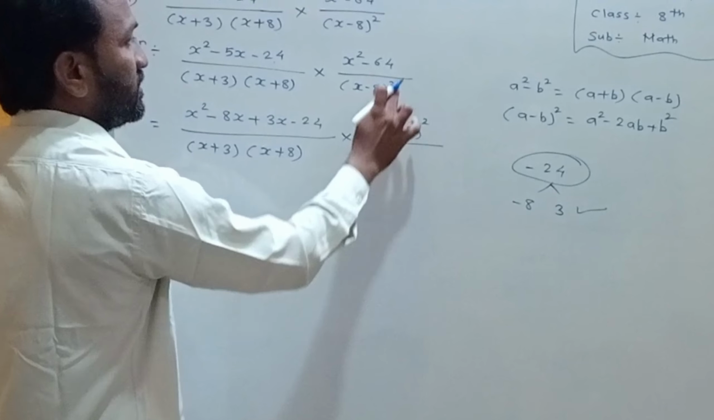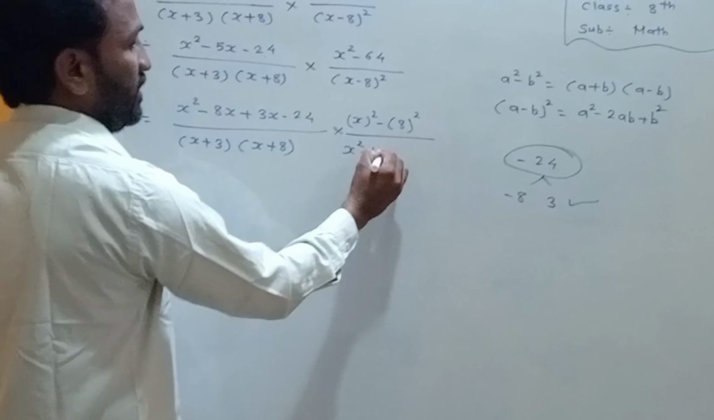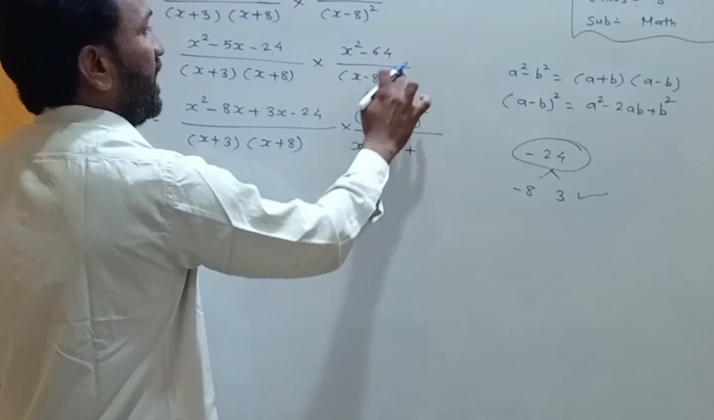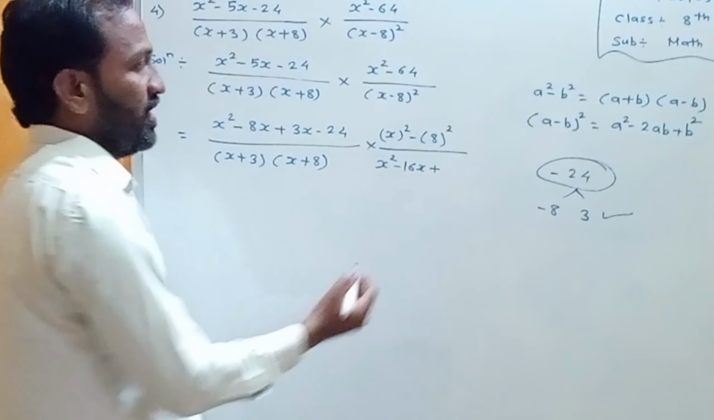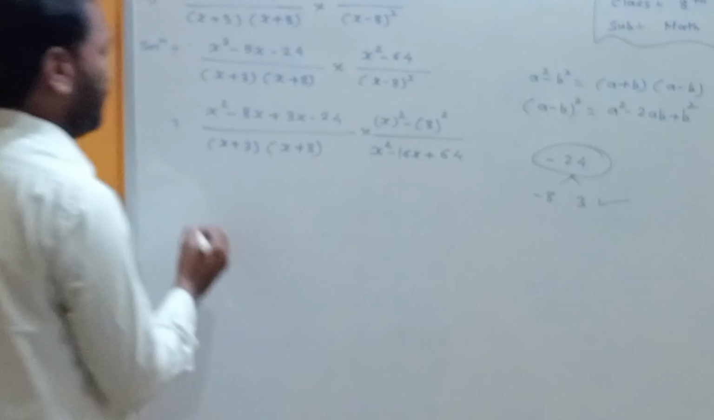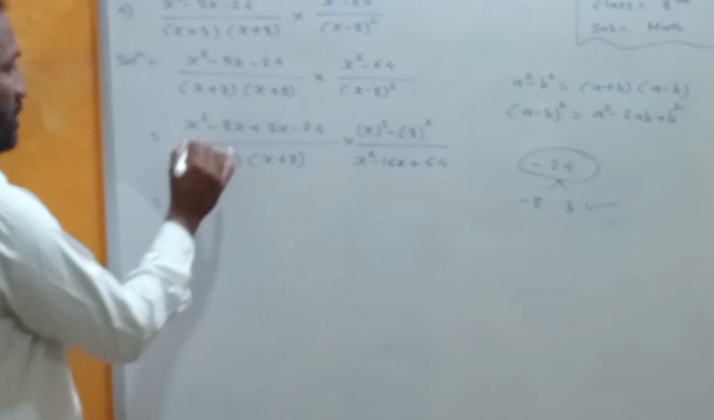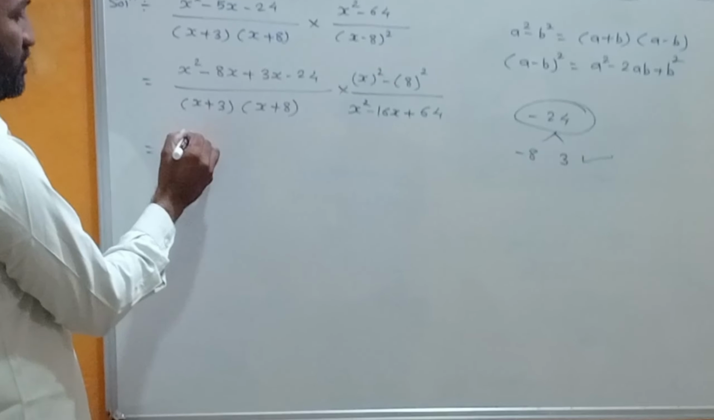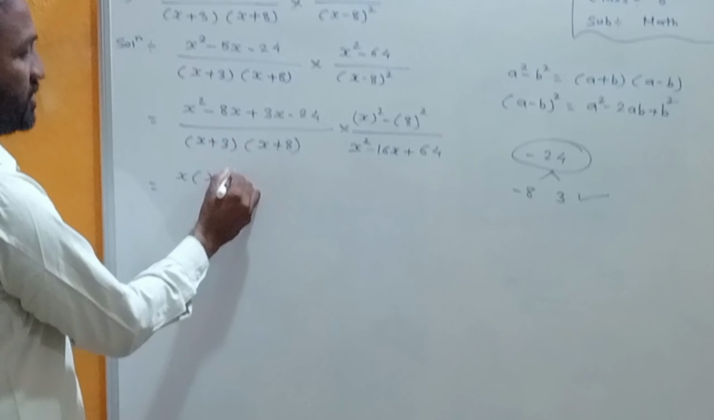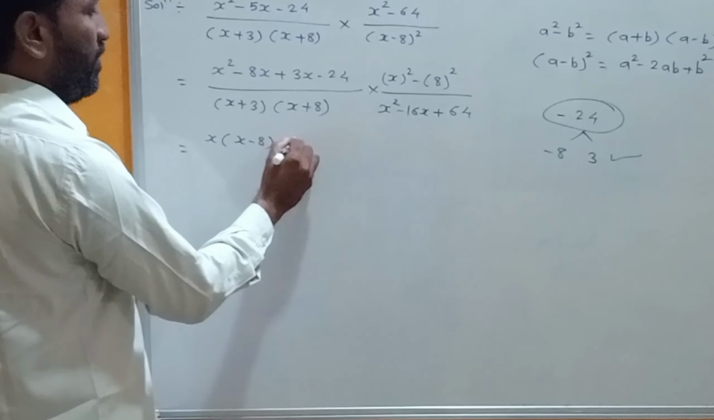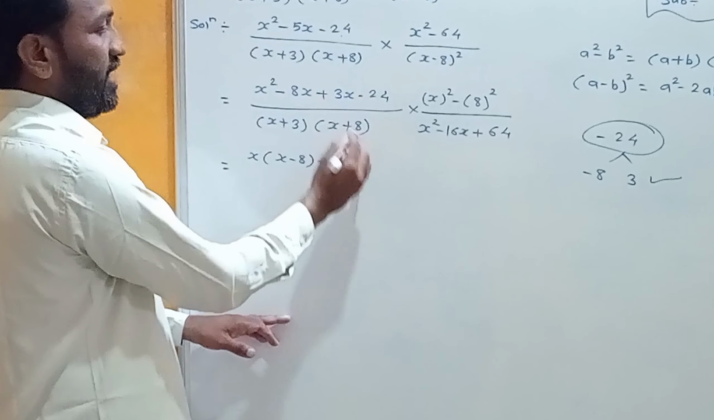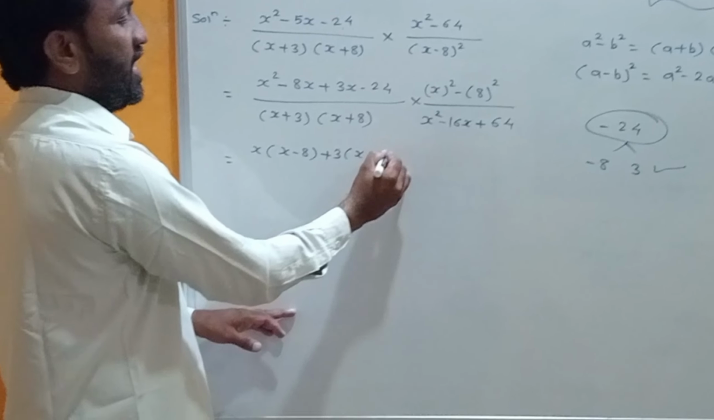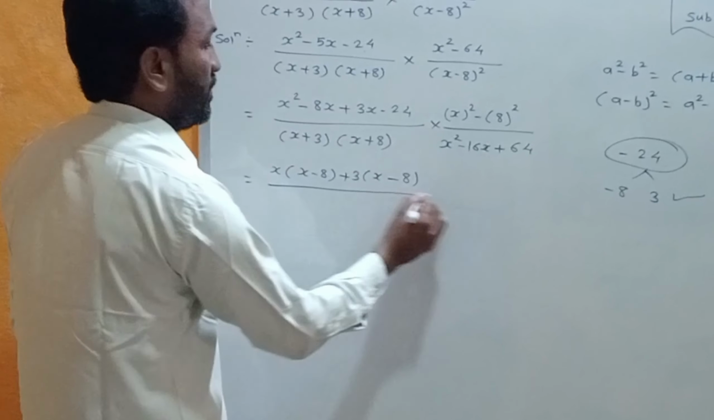x² − 2 × 8 is 16, 16 into x, 16x. Minus 8 whole square is equal to 64. So the common: x² − 8x. What is the common? x is common in the bracket (x − 8). Now the +3 is common in the bracket x. Plus into minus is minus. 3 × 8 is 24, divided by